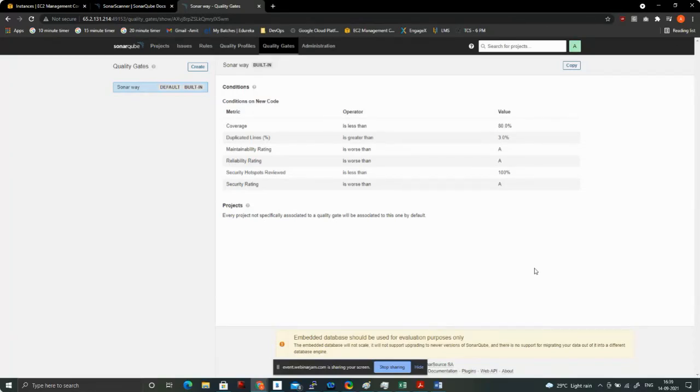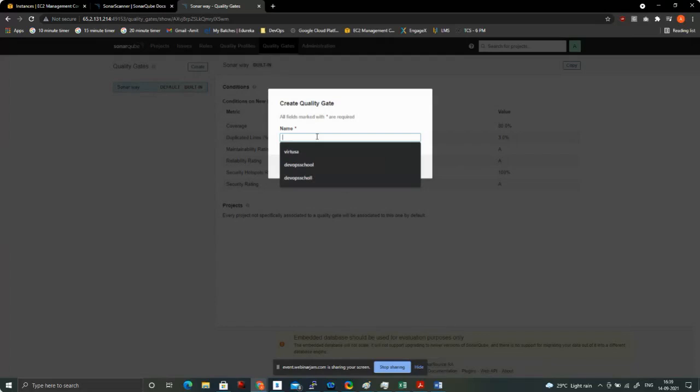Okay, you can also customize it by changing it. So the built-in profiles and built-in quality gates cannot be modified. You can create a new quality gate. Let's say I want to create a quality gate called SkillUpRight,